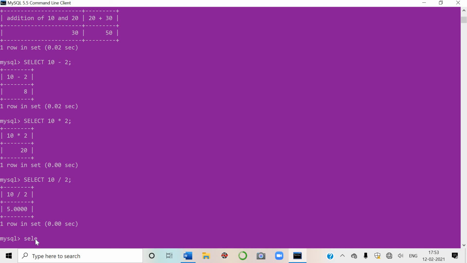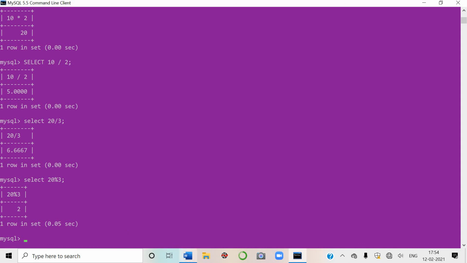Suppose I want to divide 20 by 3. Fine. I want to see the remainder. 3 6 are 18. Okay. And it is dividing, 3 6 are 18. Then it should be giving you, this is the division. But if I want to see the remainder, what symbol am I going to use? I have to use the percentage symbol, students. See here. When you divide 20 by 3, the answer is 3 6 are 18 and remainder is 2.